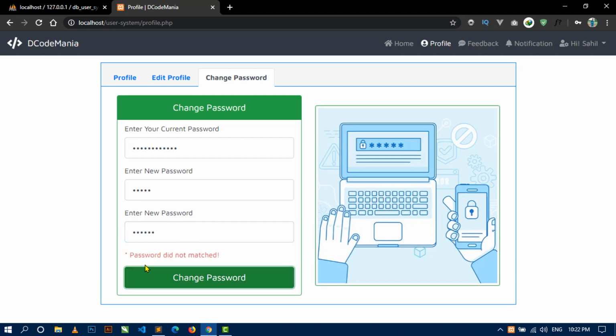So here you can see password did not matched. So if I write 12345 and click on change password, then okay, so we have to do something more in